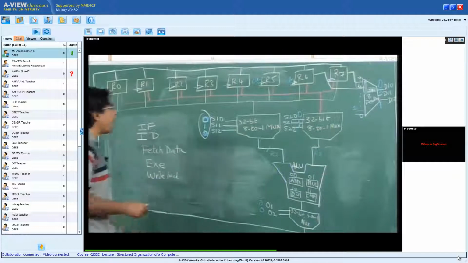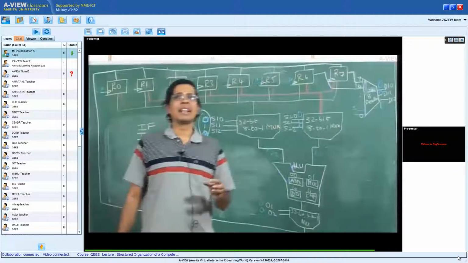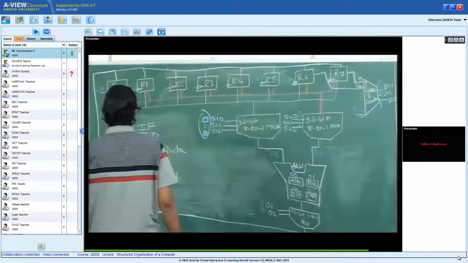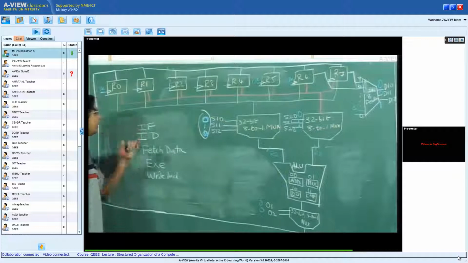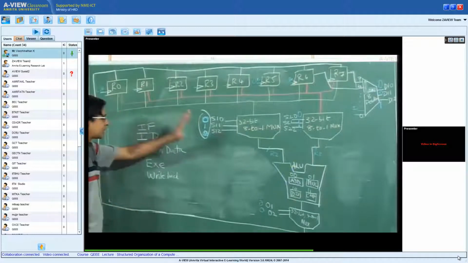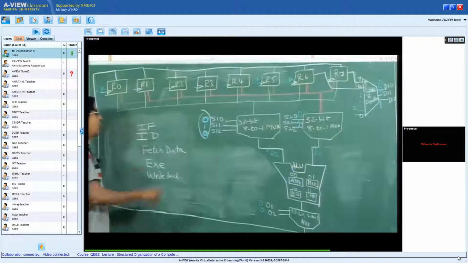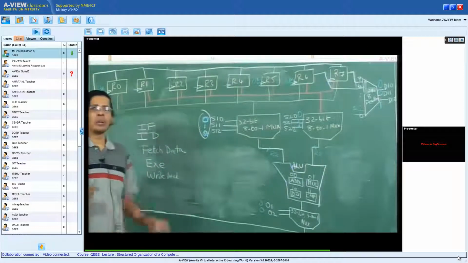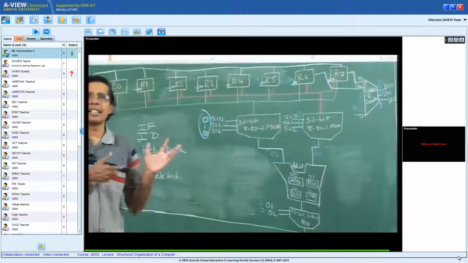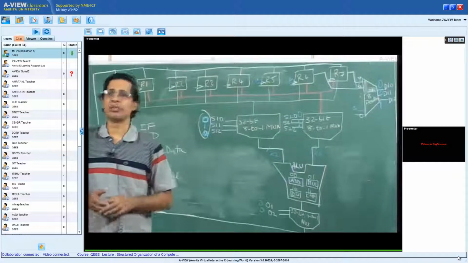So given any instruction, there are 5 stages in the execution of this instruction. One is to fetch the instruction from the memory, decode that instruction called ID, fetch the data that is required by this instruction, execute the instruction and write back. Now when we looked at this microarchitecture, I hope that all these 5 stages are now clear in our mind as to how they are actually implemented, at least in a toy architecture that we have seen so far.